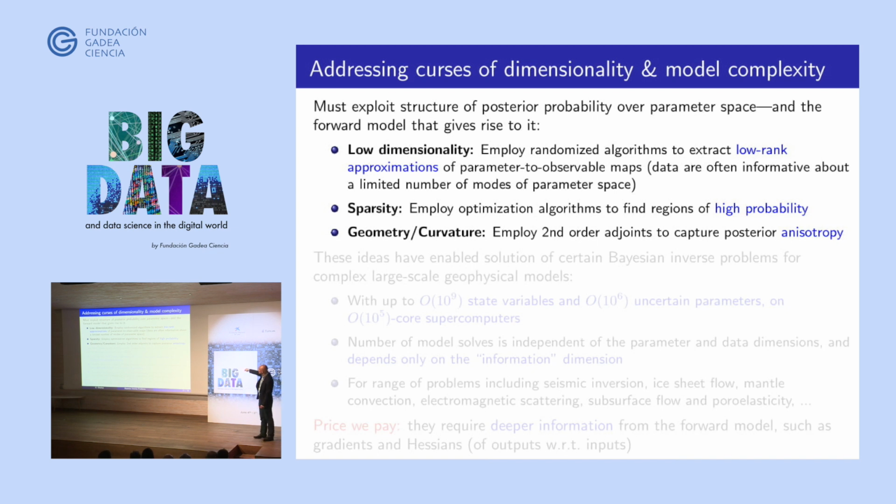All right, so the second one is sparsity. We're trying to find regions of high probability, and here we can employ optimization algorithms. You saw in that slide the close relationship between optimization, the Tikhonov approach, and the Bayesian approach, in which the log posterior looks like the objective function for the regularized data misfit that you find in Tikhonov regularization. So algorithms that have been developed for the first class of problems, the regularization approach, which exploit the low dimensionality and curvature information, can be used to find these regions of high probability, and then one can seed Markov chain Monte Carlo methods from those regions. So that's a second idea.